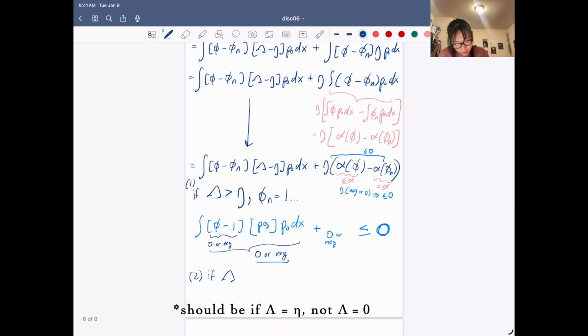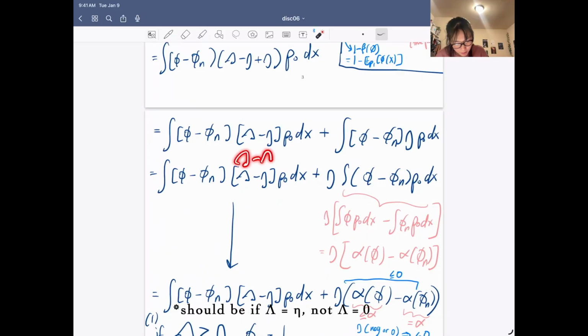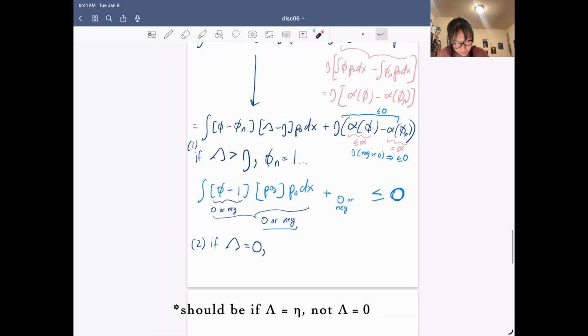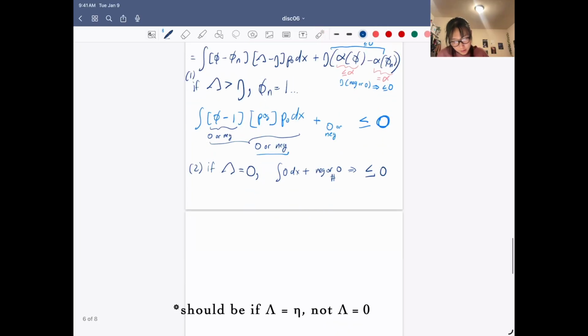So if lambda is equal to ida, then this entire integral becomes lambda minus ida, where lambda equals ida. So this whole thing becomes 0, and the integral of 0 is 0. So we'll have this integral of 0 plus a negative or 0 number. And so this whole thing will also be less than or equal to 0, which is also good. So that's case 2. And in case 3,